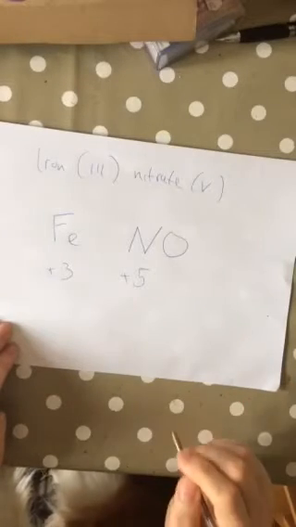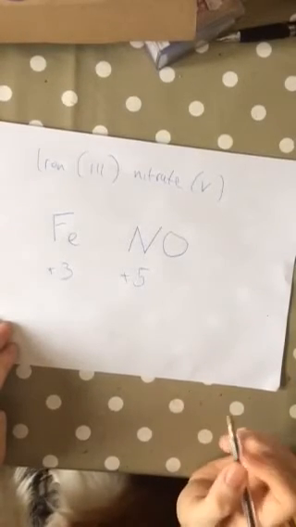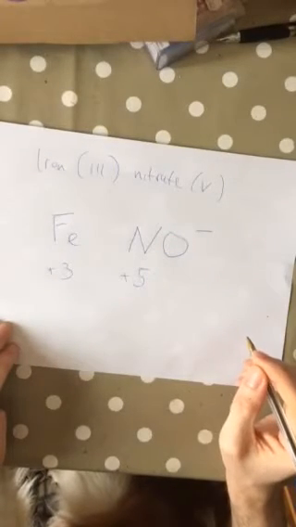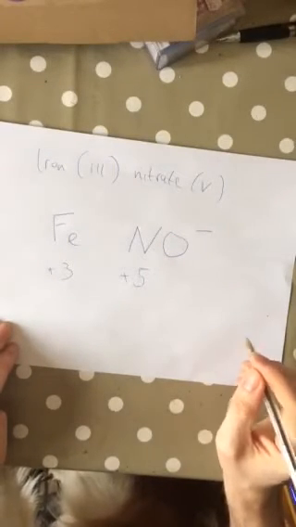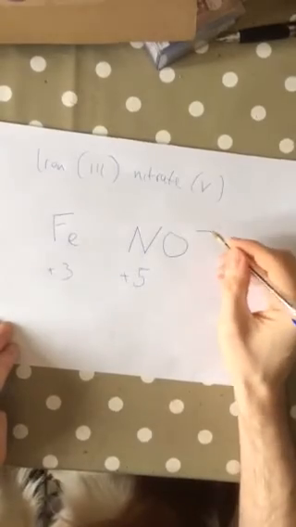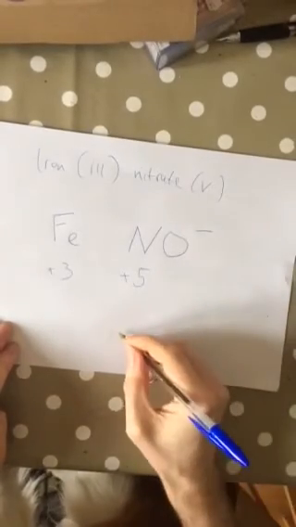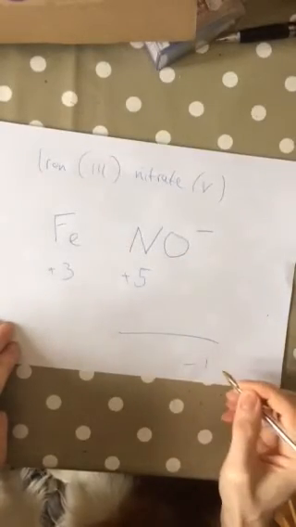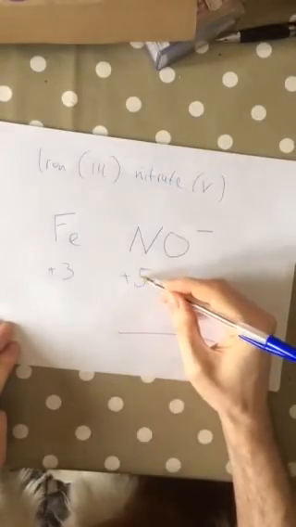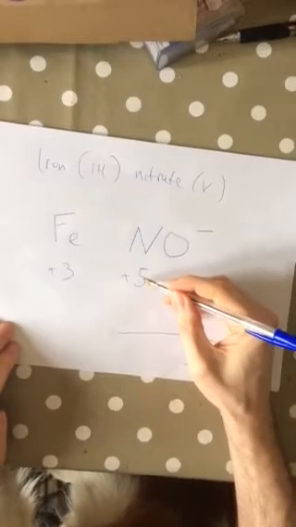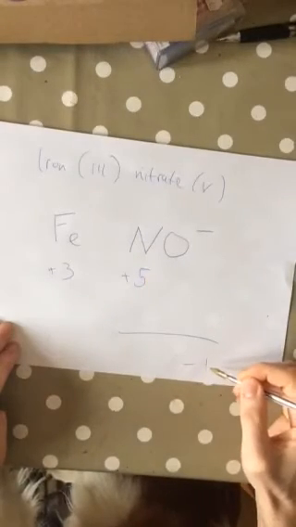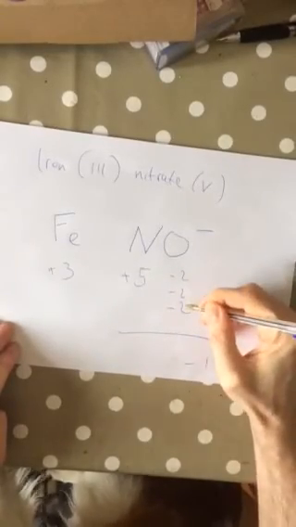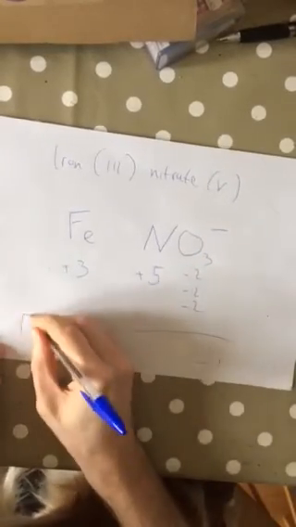Now, you've not written this in the question, but I'm guessing it said the overall charge of the nitrate was -1. It usually is. That might not always be the case, but I'm guessing it was for this one. If that is the case, we know our total here needs to be -1. We know that the nitrogen is +5. So how do we get from +5 to -1? Well, each oxygen's -2. So we're going to need 3 oxygens. So the formula will be